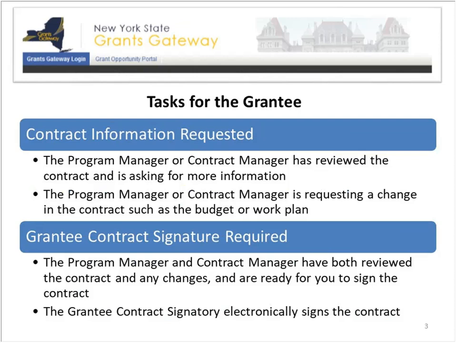Let's just recap where you are and why you're here. You applied for the HWRI back in, I guess, 2016. The applications were reviewed and the awards were made, and it was a multi-year contract, a 2-year contract. So in year 1, a lot of programs probably had their amounts reduced, so you had to go in and edit some things in your contract, in your budget,